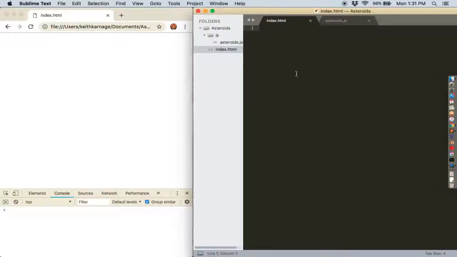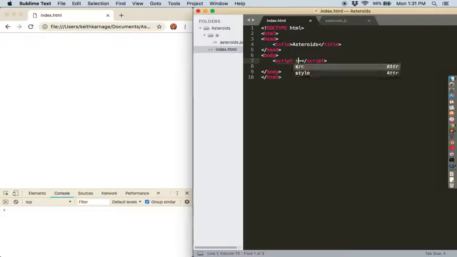So I'm going to start off with just a basic HTML file. Sublime Text has a really nice autofill where I can just type HTML and tab. We'll give it a title, asteroids, and then we will load a script. And the script will have a source equal to JS slash